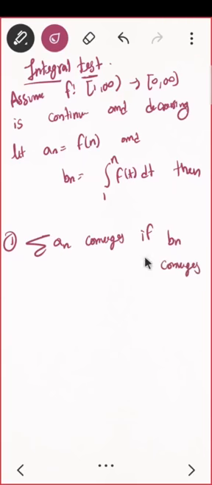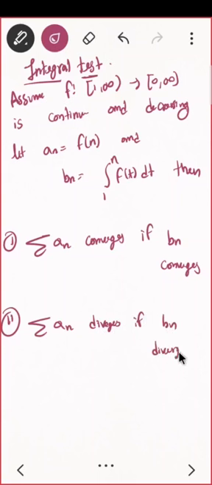I'll be coming to this in your SYBSc. I'll be writing the same statement again, and then I'll be asking, okay, so let us come back to the series. I am just stating it here: a_n diverges if b_n diverges. See, the first thing you need to observe: what is the relation between integration and summation? Can you tell me? Do you think both seem to be the same? The integration and summation, correct? Agree?